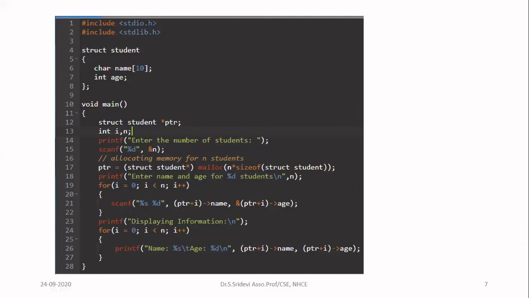In case of dynamic memory allocation, don't create struct student s of 10 like that. Don't create array of structure because our aim is we need to go for dynamic memory allocation. So create a pointer to the structure. So struct student star PTR. Now for this PTR, 8 memory locations will be allocated.